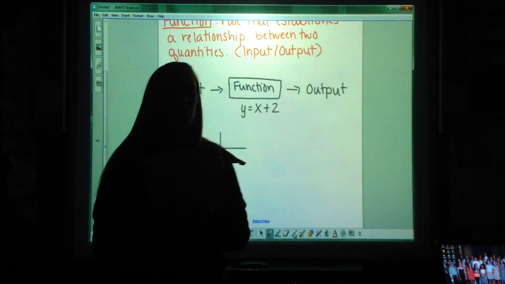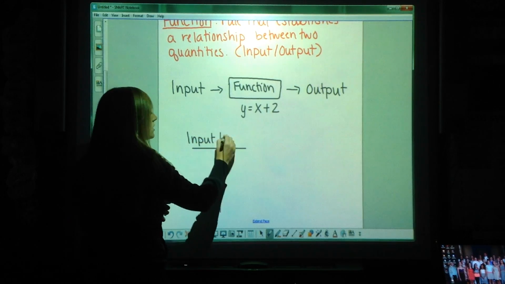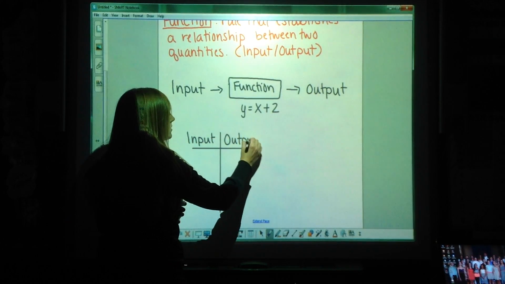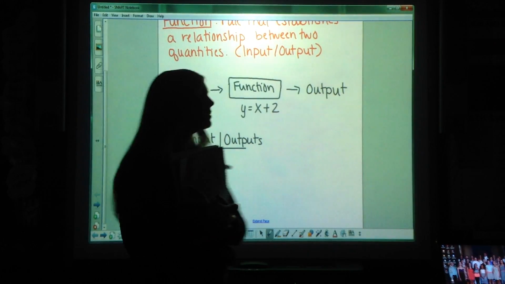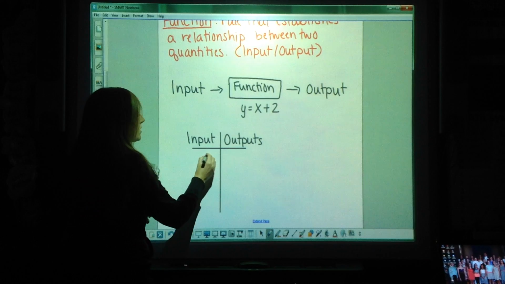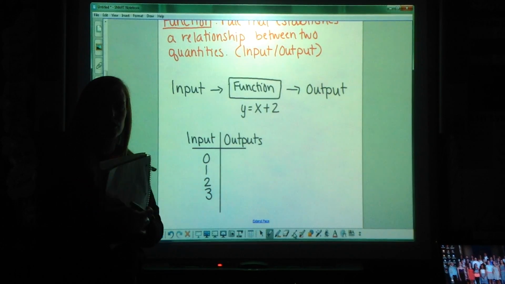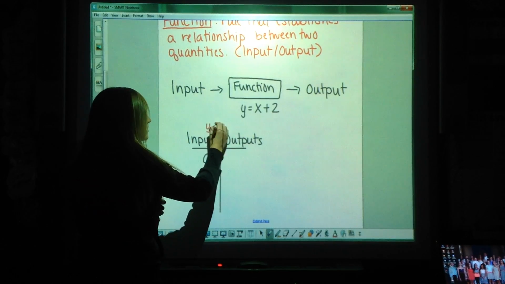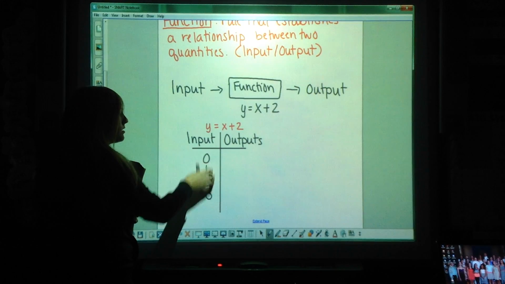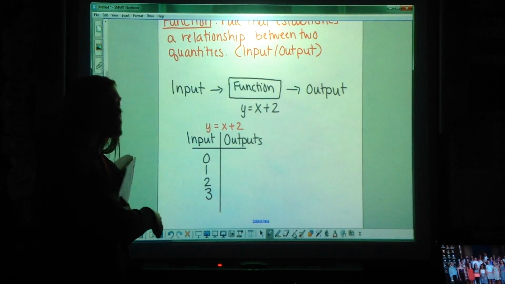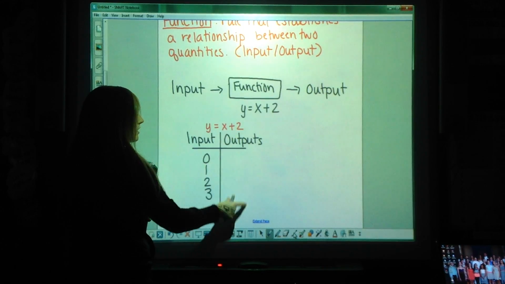And in your t-chart, you're going to have inputs. You're going to have outputs. The inputs are the numbers you're going to put into the equation. Let's say our equation or our function, let's use this y equals x plus 2. So you're going to take your inputs. They're going to give those to you today. You're going to take your inputs, put them into the function, and calculate your